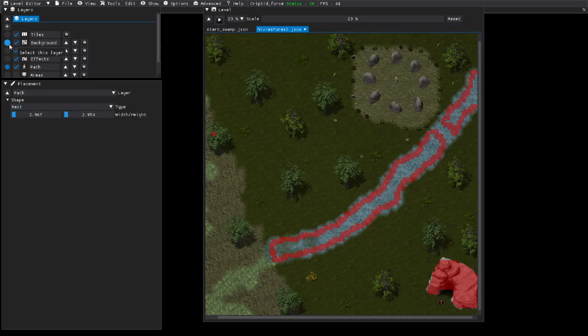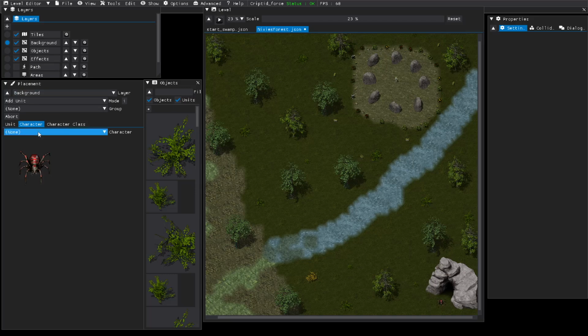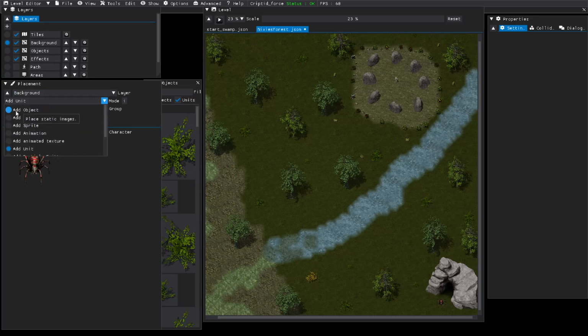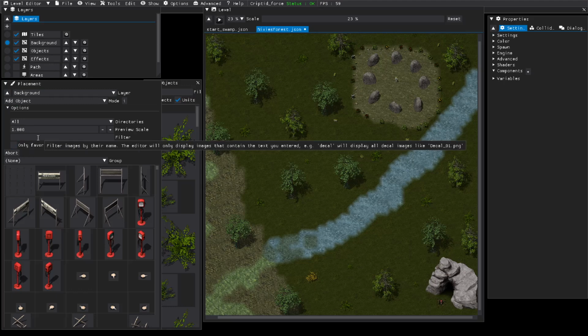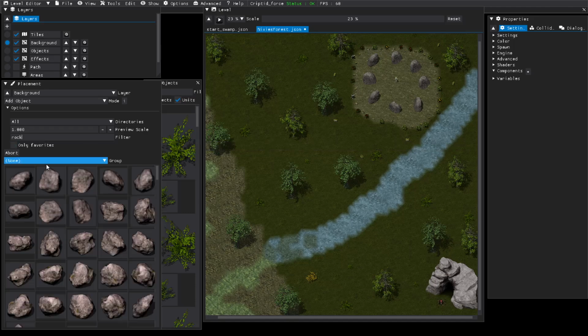Perfect. Now I want to go to background, and I want to go to object, and what I want to do is go to rocks again, and this time